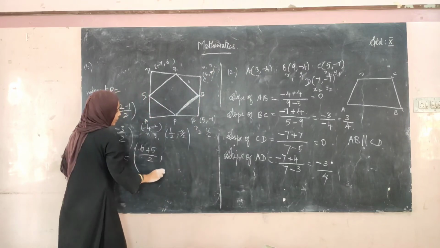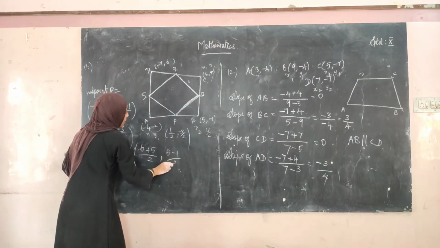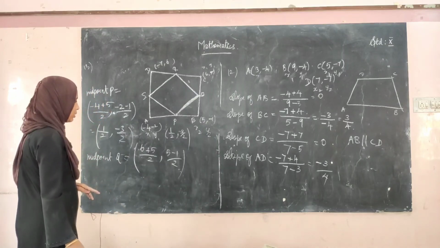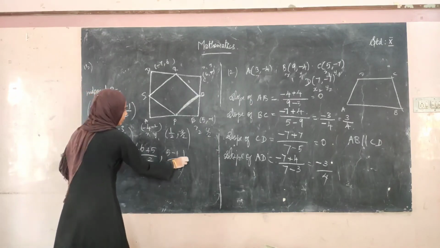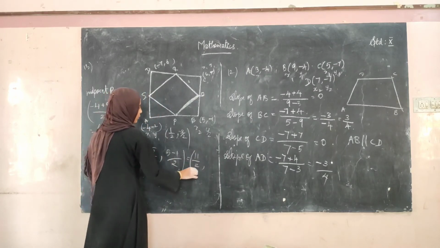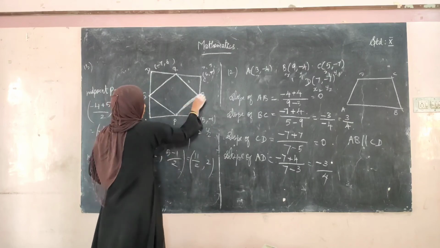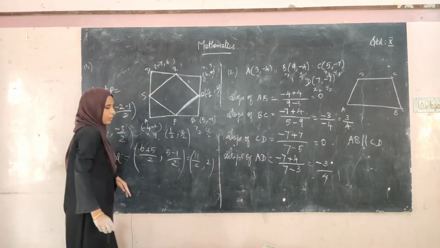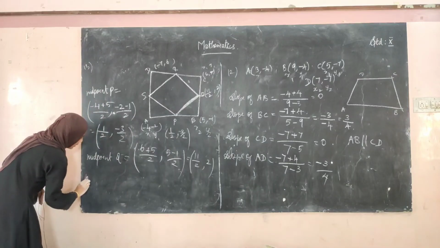Okay, so 5 minus 1 divided by 2, which is equal to 6 plus 5 is 11 divided by 2. 5 minus 1 is 4. 4 divided by 2 is 2. So this is 11 divided by 2 comma 2. Okay, and again midpoint